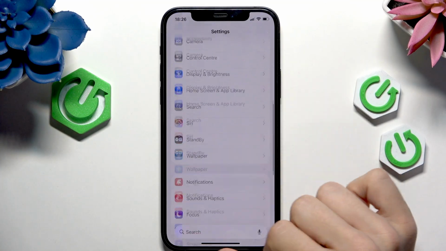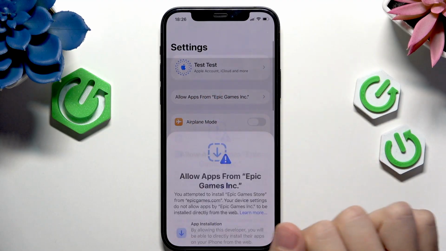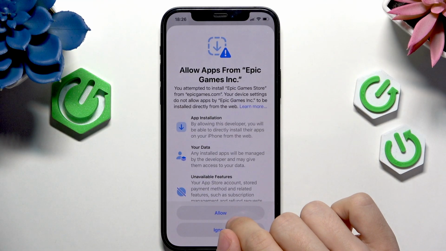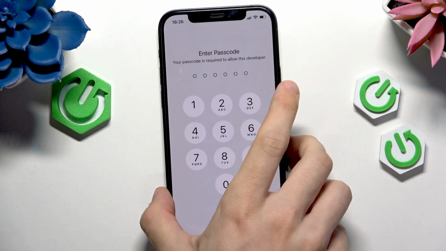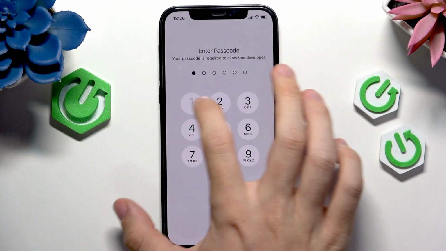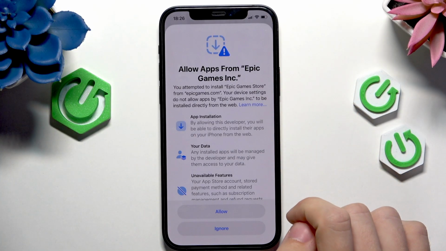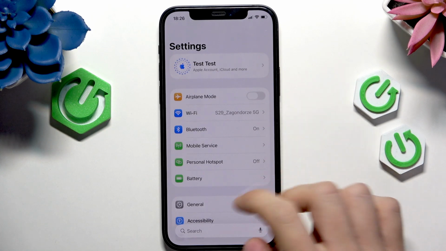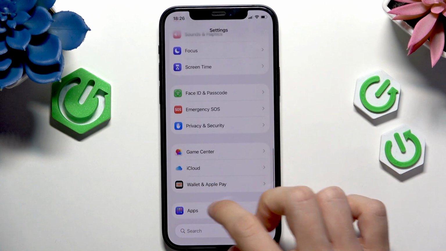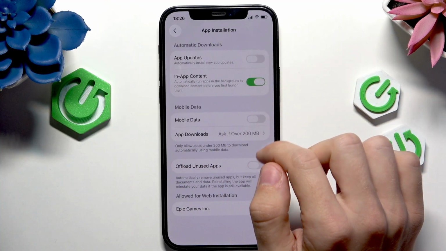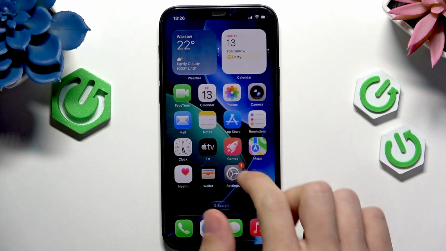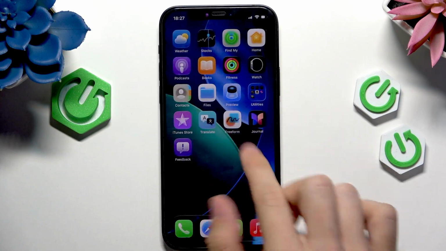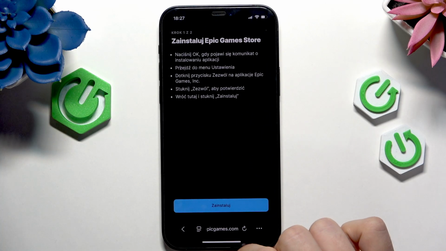go to settings, and in the settings go to allow apps from Epic Games Incorporated. Click on allow. Now enter your passcode or Face ID. And now it's done, so let's scroll down to apps to see if in app installation you have Epic Games Incorporated. Yes, you have, but we don't have the Epic Games app yet, so let's go back to the browser